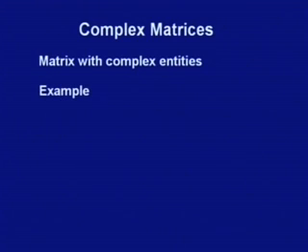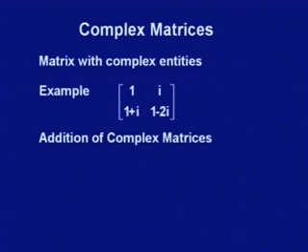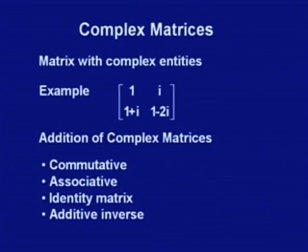For example, this is a 2 by 2 matrix. Its first row second element is i, the imaginary number, while the second row has 1 plus i and 2 plus i, they are complex numbers. So, this is a matrix having complex entries. So, it is a complex matrix. Now, we have established a number of results for real matrices. Similar results can be obtained for complex matrices. We can add two complex matrices, and one can prove on the same lines that addition of complex matrices is commutative,